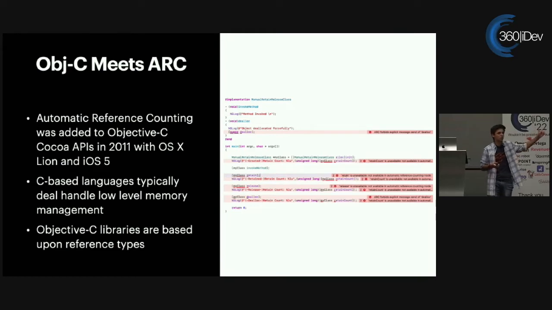Objective-C is all about low-level memory management, as you can see there. And they're really all based on these reference types. So what that means is that automatic reference counting is going to try to solve this reference type issue every time that you're creating a class in UIKit. It's going to try to be that garbage collector and make everything work, but it can't do this on its own. Automatic reference counting, Objective-C, they don't work.